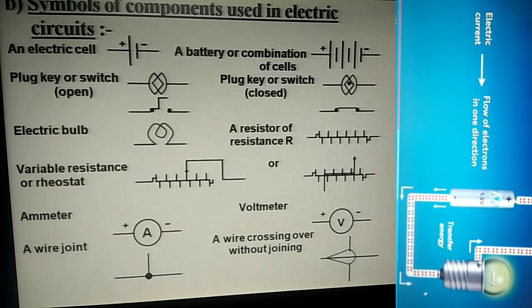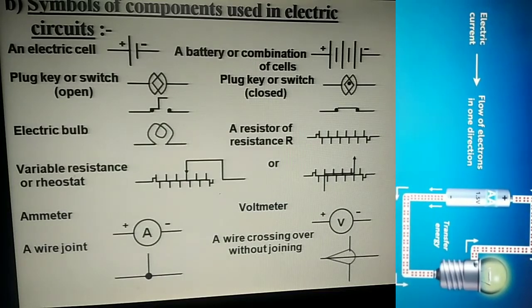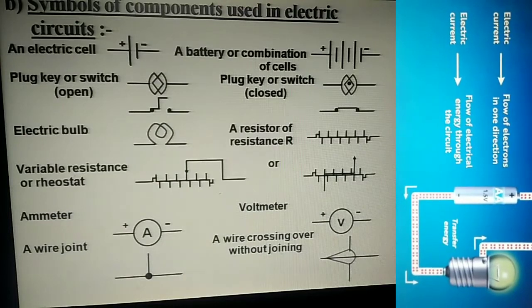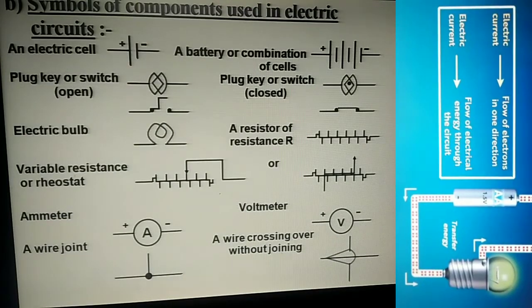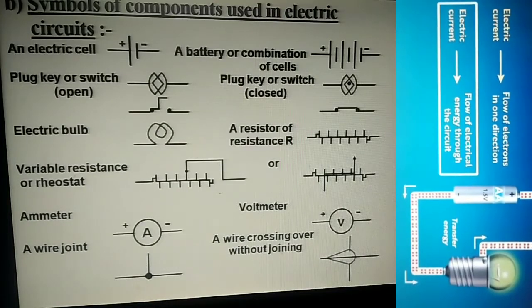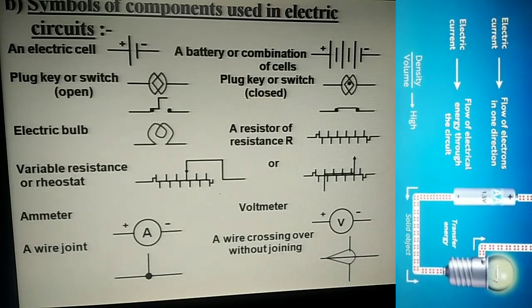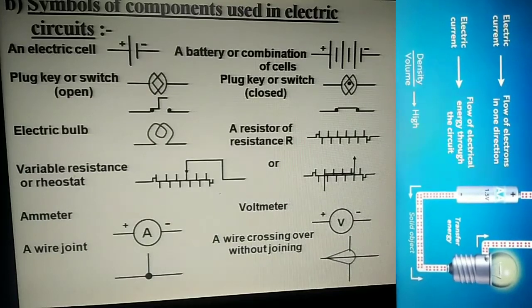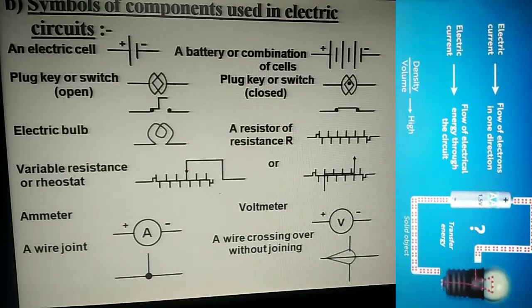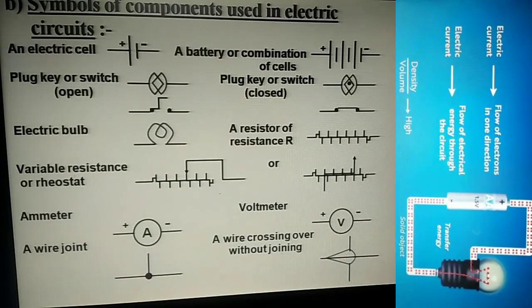A battery is a combination of cells. A plug key or switch open, a plug key or switch closed. Closed plug key will have a dot in the middle. Electric bulb, a resistor of resistance R, that means a constant resistance, a variable resistance or a rheostat, ammeter,